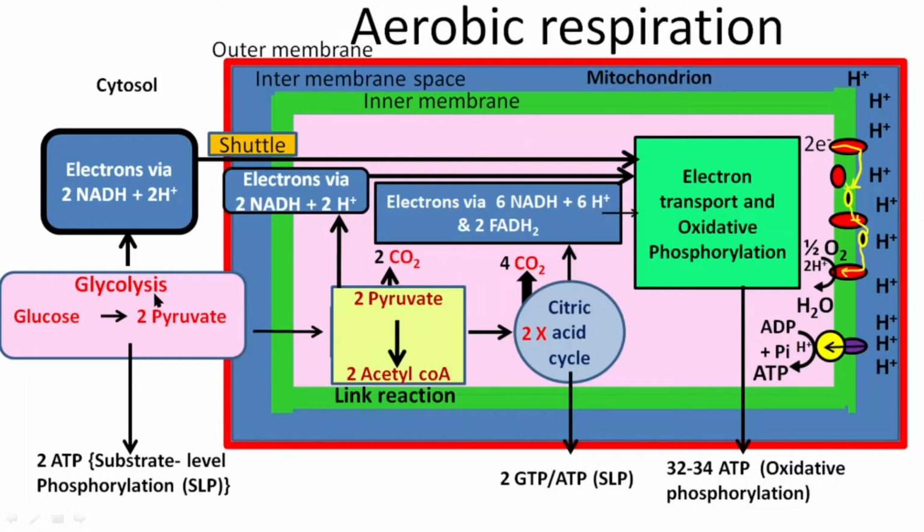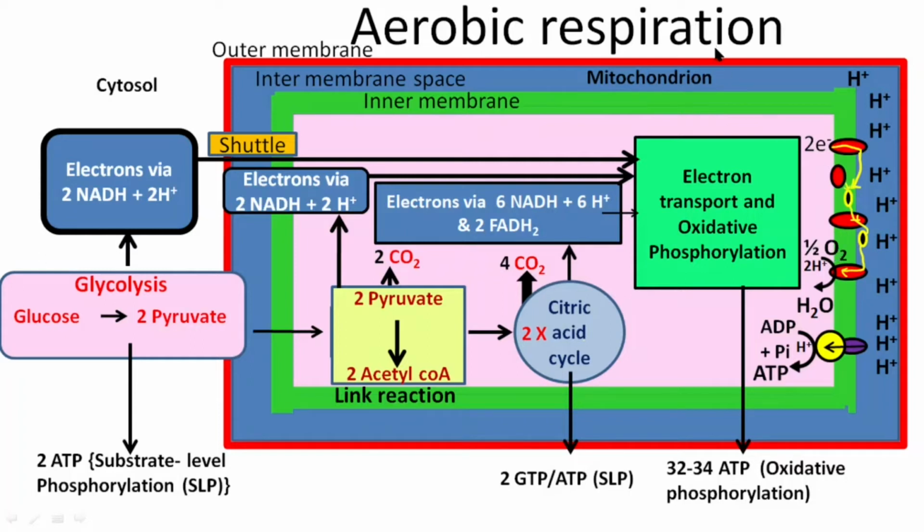They are glycolysis, which is the first step and it happens in cytosol. The second step is link reaction, which happens in matrix of mitochondria. And the third step is citric acid cycle or TCA cycle. That also happens in the matrix of mitochondria. Whereas this fourth step happens in the inner membrane of mitochondria. It occurs even on cristae, which are finger-like projections that are found on inner membrane of mitochondria.